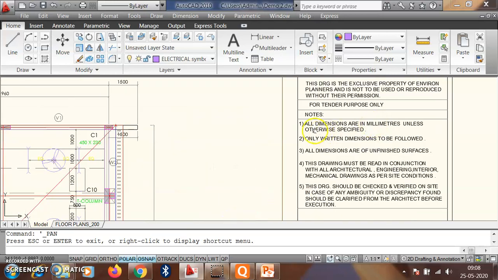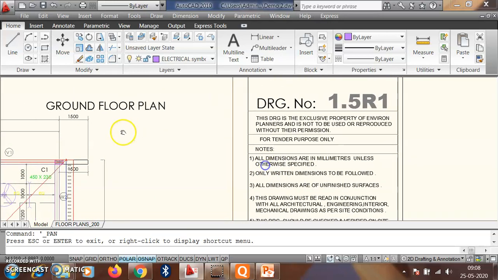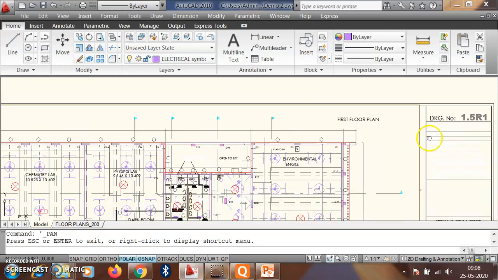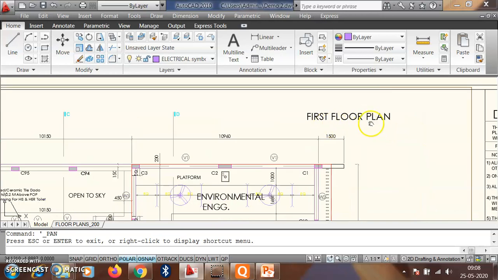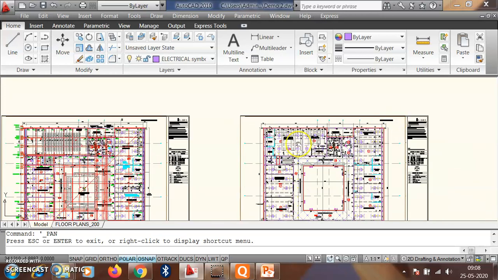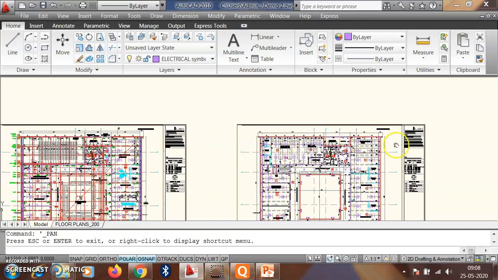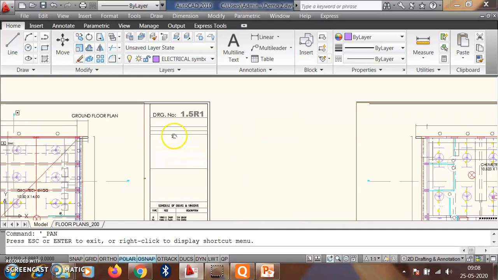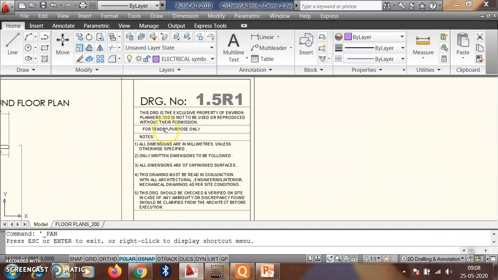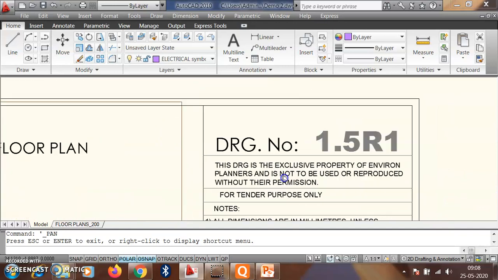And if we look at this another part, this is the ground floor of the building. Then we come here, the first floor plan. Suppose we have a G+10 building, in that case we would have a G+10 plan here, but here we have a G+1 building drawing. Then here some nameplates and details of the drawings are given.